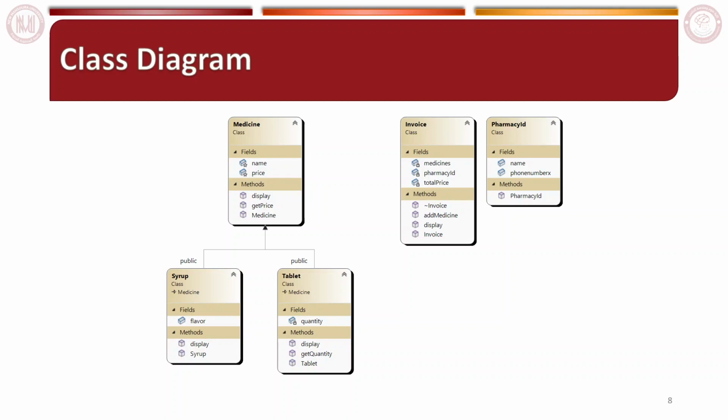The last class, invoice, has 3 variables. The first is called medicine, as a vector, and the pharmacy ID is added here too, so it can print the information of the pharmacy, which is the name and phone number. And the total price is a declaration of a variable which will be added dynamically in the add medicine function below. There is a destructor too for the invoice, and then all of them will be added into the display function to be printed in an invoice form, and that was our